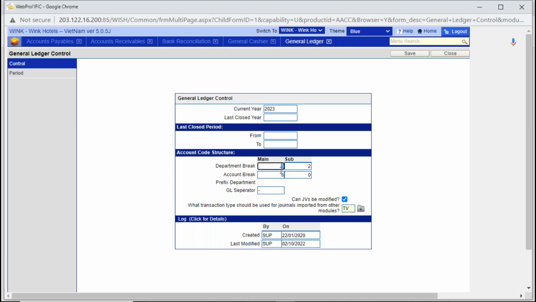So the complete ledger account code. At the time of operations, whenever you are using a ledger account code to post transactions, what you will see is not only the account break, but you will also have to tell which is the specific department to which you are posting this particular transaction. So the complete ledger account code is a combination of 6 plus 5. So this is what you get to see